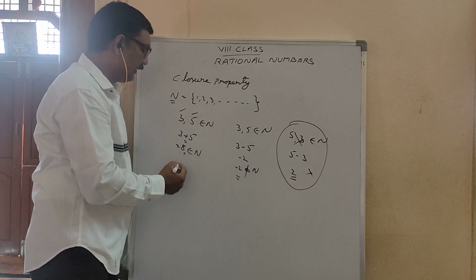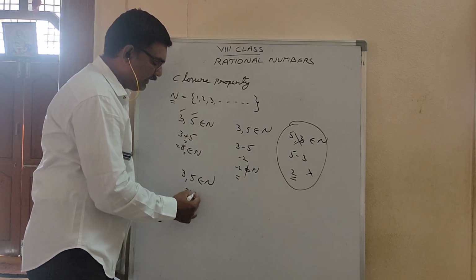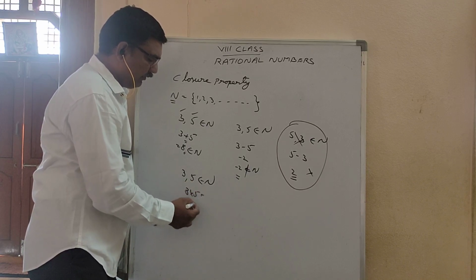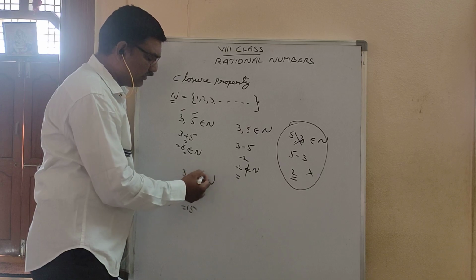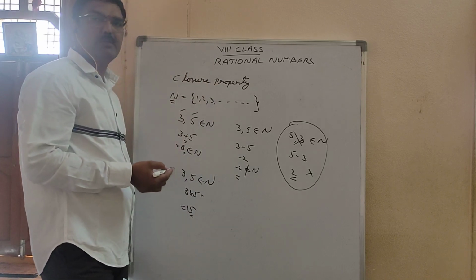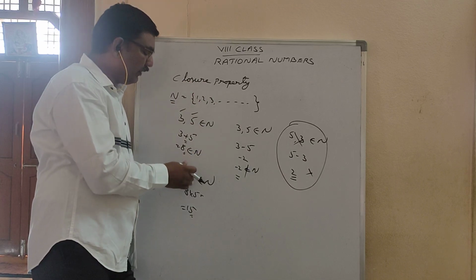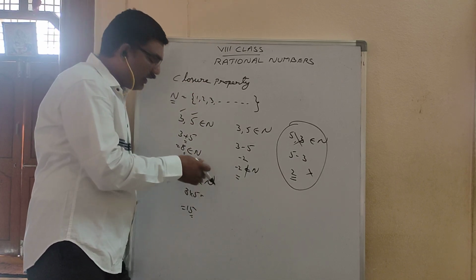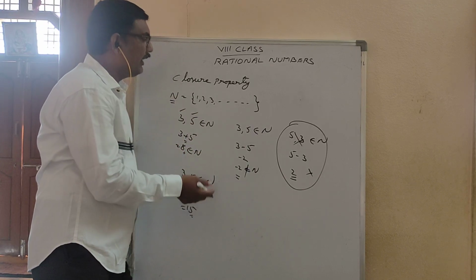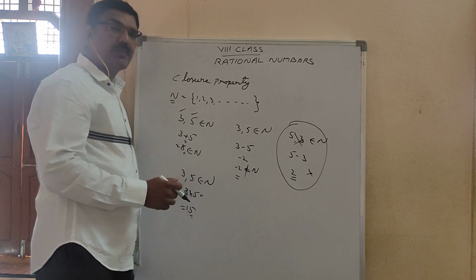Then go for multiplication. You are taking 3, 5 belonging to N, and you are multiplying them. 3 fives are 15. Then 3, 5 belong to the set of natural numbers, and the product 15 also belongs to natural numbers. Means you can take any two numbers in the set of natural numbers, and if you perform multiplication, the product will also be present in the set of natural numbers. So the writing part, what you can write: the set of natural numbers is satisfying the closure property under multiplication.